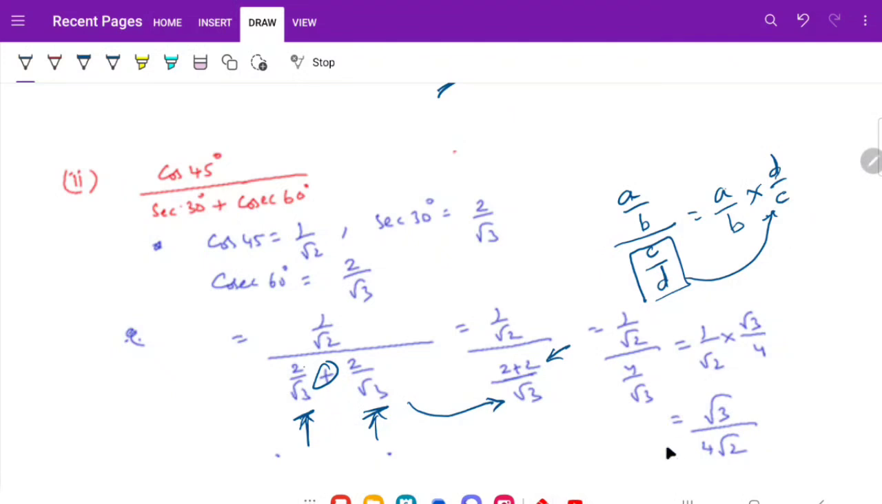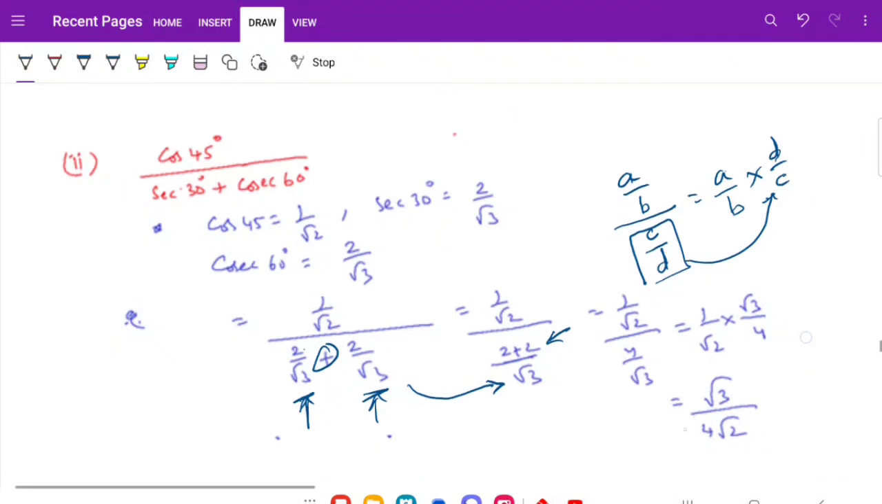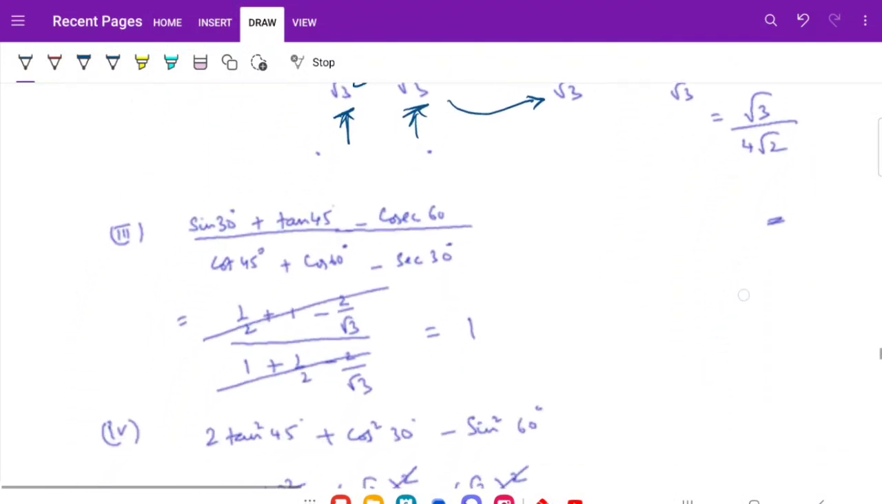So here now 1, if you have anything you can cancel, otherwise no. 1 into root 3 will be root 3. Root 2 into 4 you have to write 4 root 2. First you write the integer part, then write the square root part. So this is about the second bit. Now third bit,